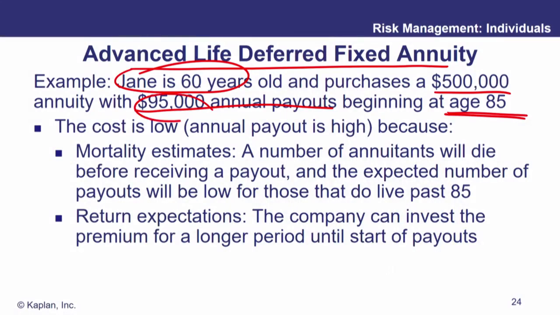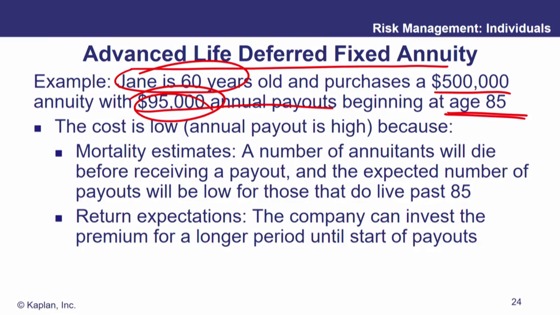Now think about a normal situation. We have a client, they retire, they're worried about outliving their assets. As long as they don't live too long, everything's going to be fine. But under extreme conditions, they might outlive their assets. Well, here's the perfect hedge against that risk. We buy this policy, we pay for it. Probably we're going to die before age 85 and get nothing, but in the event we do live a long time, that $95,000 a year will look really good at that point in time. So these are an ideal mechanism to insure against extreme longevity risk.